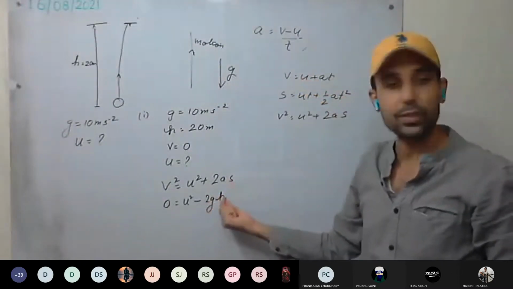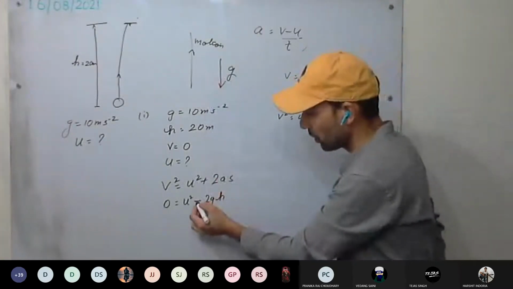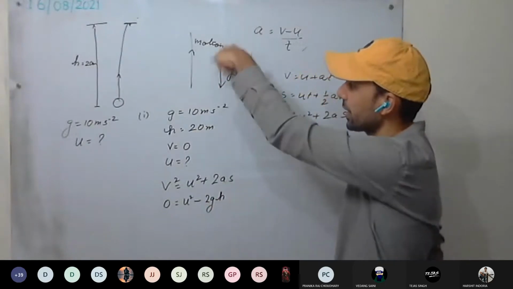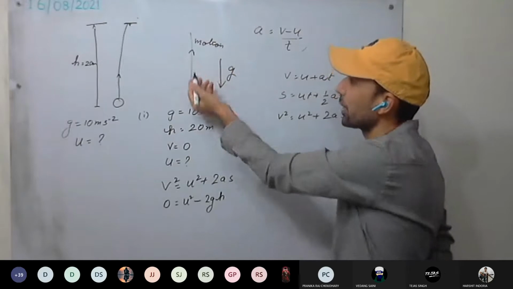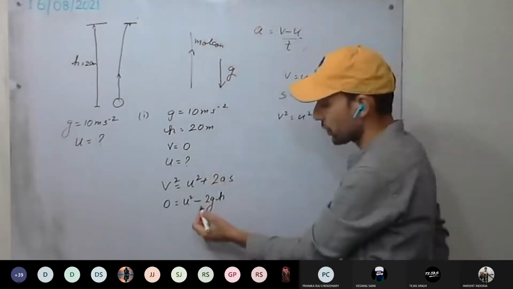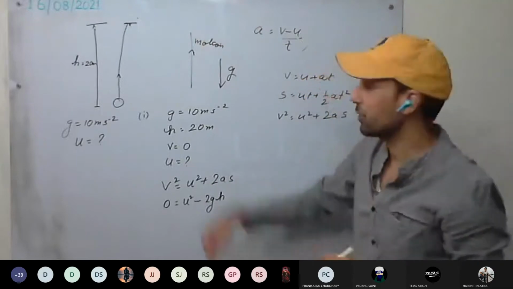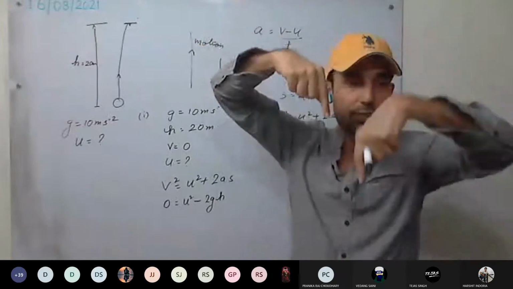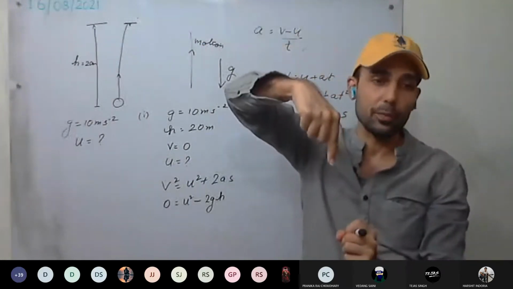And acceleration we always put with the plus or minus sign. So here it is retardation, so we put the minus sign here: U square minus 2gh. You can see acceleration due to gravity means force is in this direction and motion is opposite. Therefore, there will be retardation, and therefore U square minus 2gh. Okay, what happens if the body is coming downward? At that time, motion is downward, acceleration due to gravity, the force, is also downward. Velocity will have the plus sign.